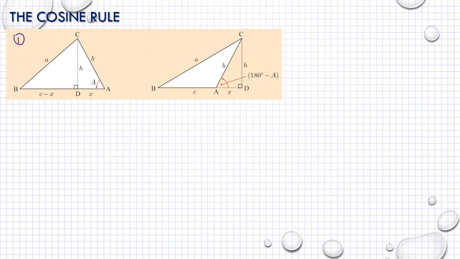This is still in the topic non-right angled triangles, the cosine rule. And the purpose of the cosine rule is to find the side of a triangle. Okay, and let's see if we can do that. I'm going to use the first triangle here, the one that I named triangle number 1. Let's see, for example, if we're going to find